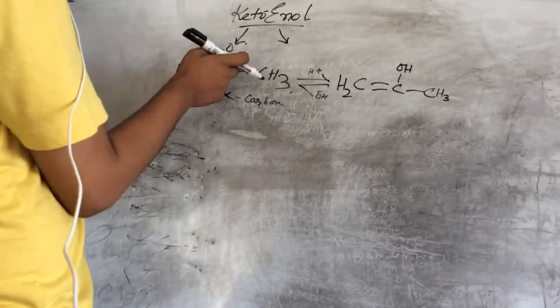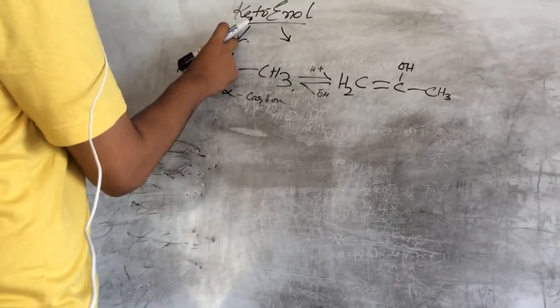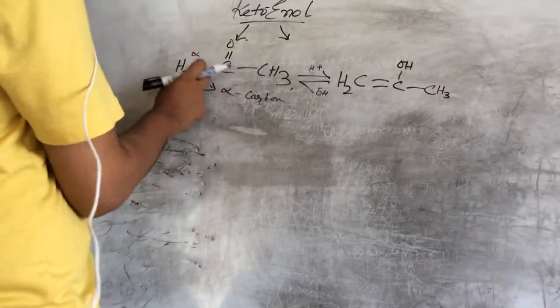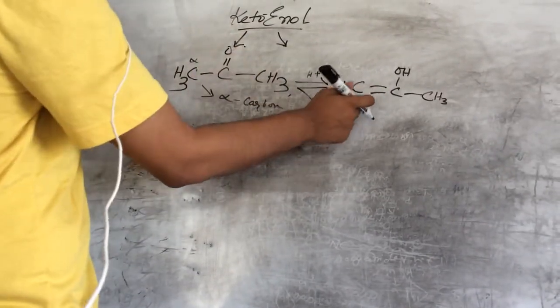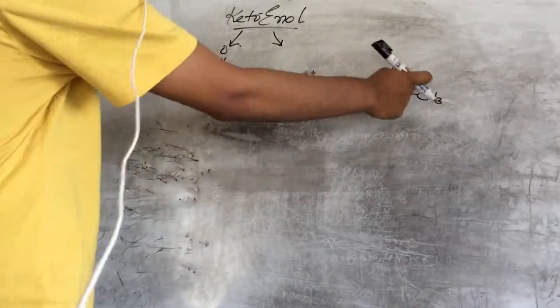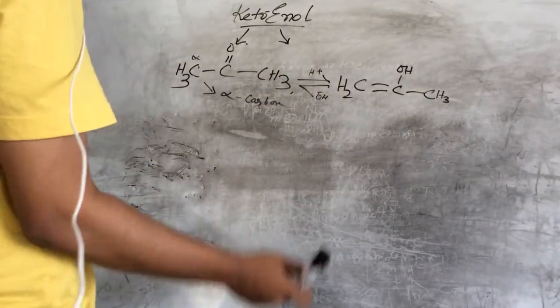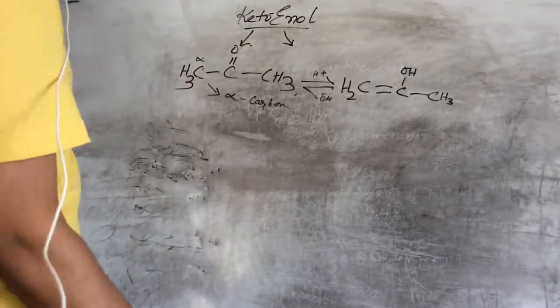So you can remember it with this trick, that you will shift the unsaturation here. So this unsaturation shifts here, and you take an alpha hydrogen and shift it here. So you can see it, one alpha hydrogen goes here. This is just a trick, it is not the actual case. And now when we discuss the reaction mechanism, we will understand it in detail.